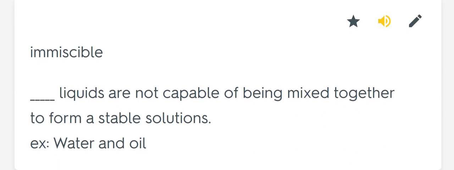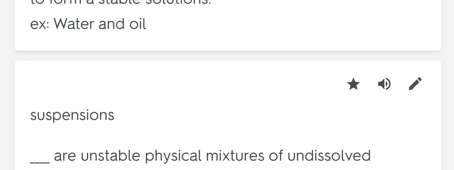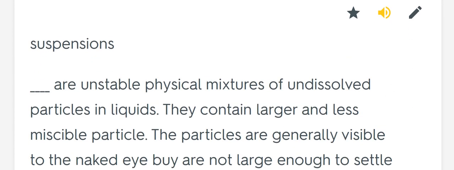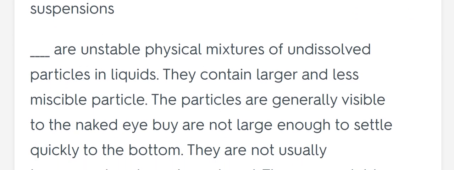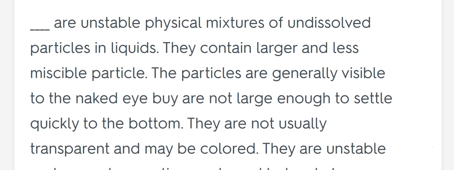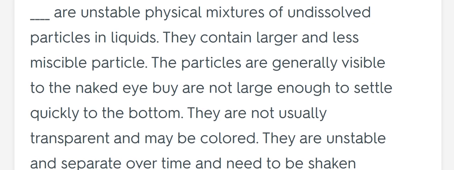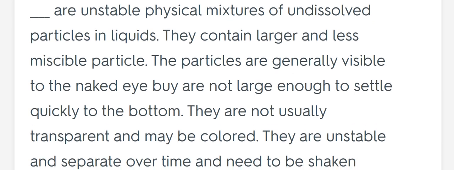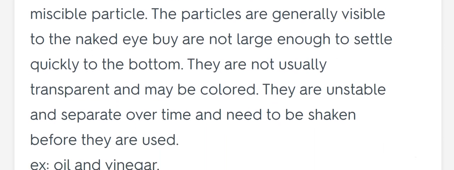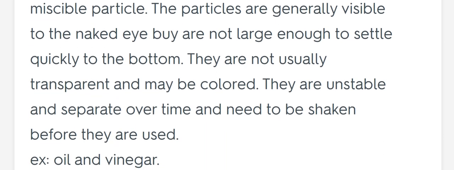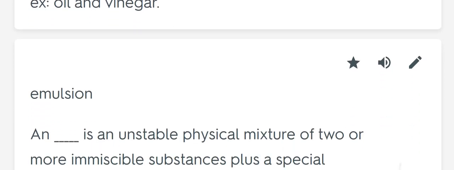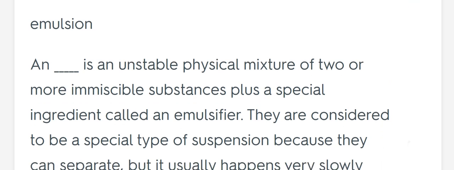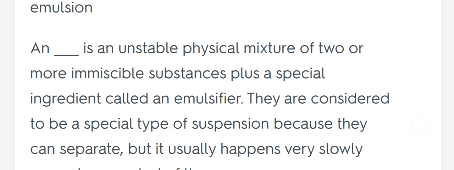Immiscible. Blank liquids are not capable of being mixed together to form a stable solution. Example: water and oil. Suspensions. Emulsion. And blank is an unstable physical mixture of two or more immiscible substances plus a special ingredient called an